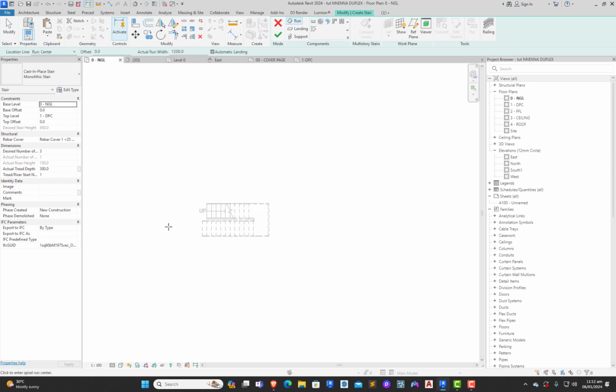Once we click on that, we also go through the same process again. Make sure we're on our natural ground level. We also go through the same process again by changing this. We want the staircase to start from the DPC level, and we want the staircase to end on the first floor level. Now we click this first floor level, it automatically calculated it for us to be 21 risers. Now we can just come and draw the staircase